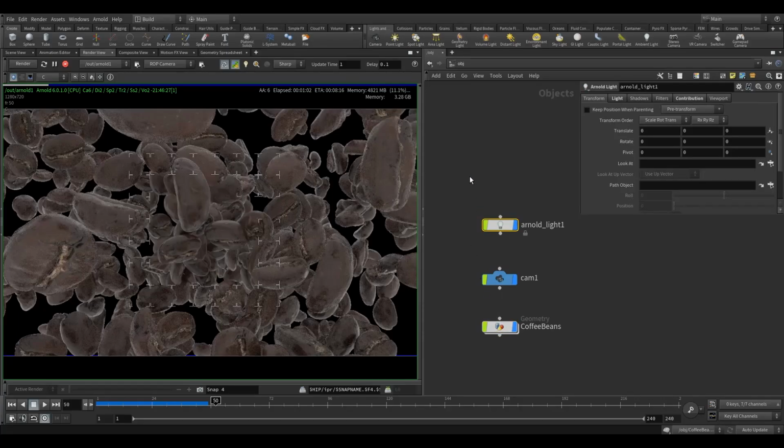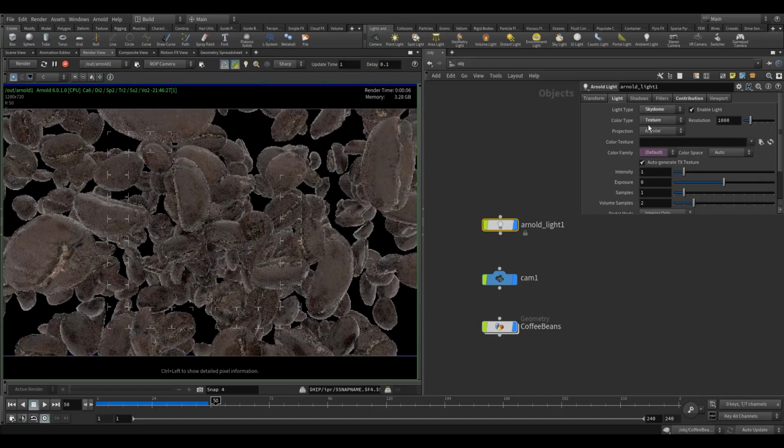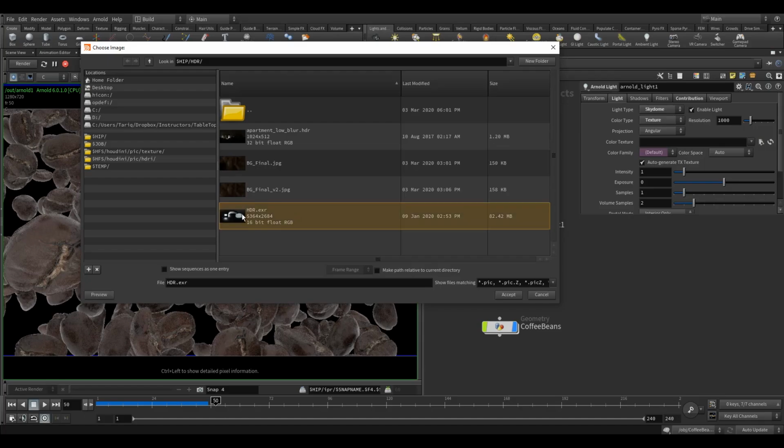Right, let's continue with the lighting. So at the moment we've got a sky dome light which is projecting a white light all the way around, which is a bit flat. So let's go ahead and import a texture. If we head to the file explorer there, change this to texture and then import this